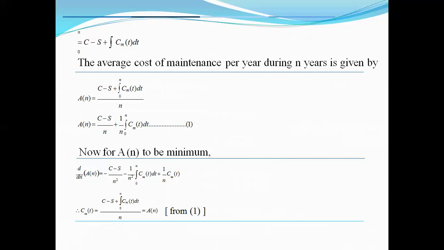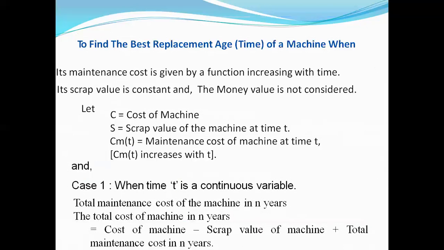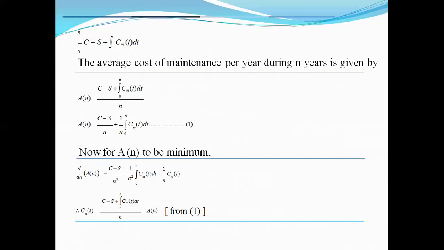where Cm of t refers to the maintenance cost, S refers to the scrap value, nothing but the value of the scrap which has been removed material, and C is the cost of the machinery. Hence, if we consider the average cost of maintenance per year during n years, it is given by, so you are calculating with respect to n number of years, that is An is equal to